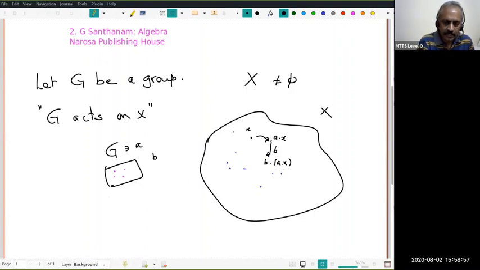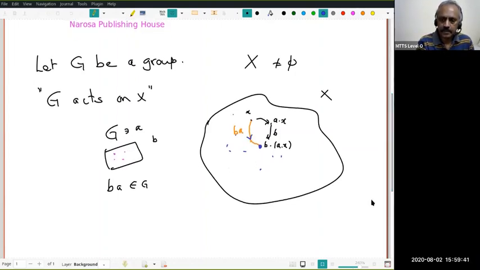Now you can look at BA. Since G is a group, BA, this group binary operation, is an element of G. Think of this again as a force: this is the resultant force. If A and B are combined, in some sense a binary operation is done, then you get a new force, that is BA. Now this element BA kicks x. It will go to some element here. What I want is that element should be the same element as this. This is the element I want. Are you following?